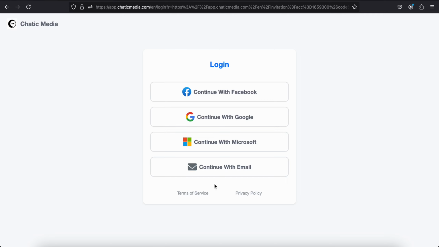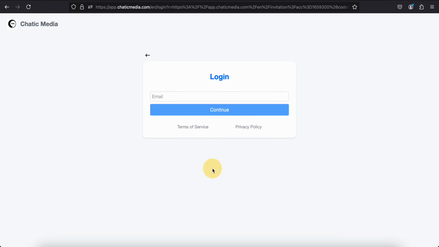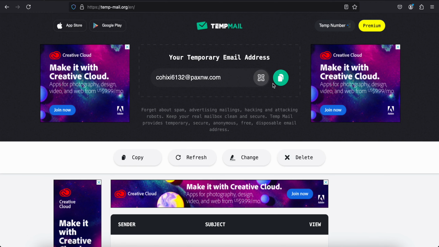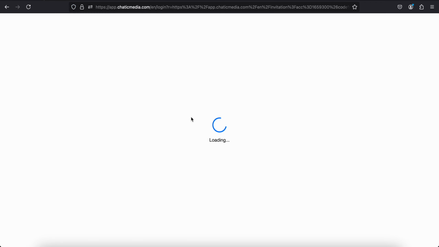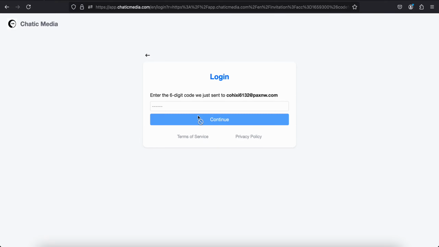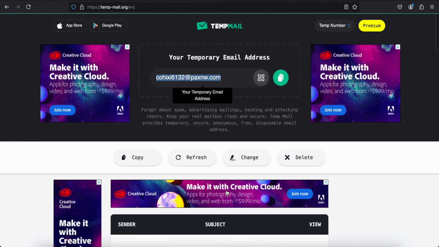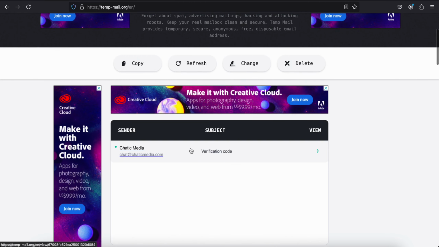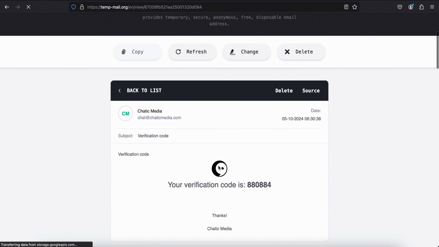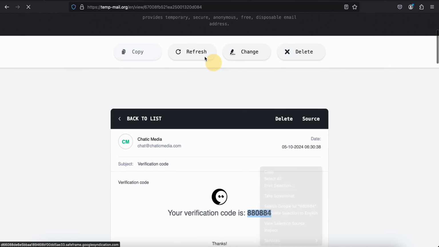So here they have different options. Let me continue with email, and let me use this temporary email and enter it. It should send us a code to this email. Let's see if we can receive this code. It will take some time to receive the code. Alright, we got the code, and let me copy this one